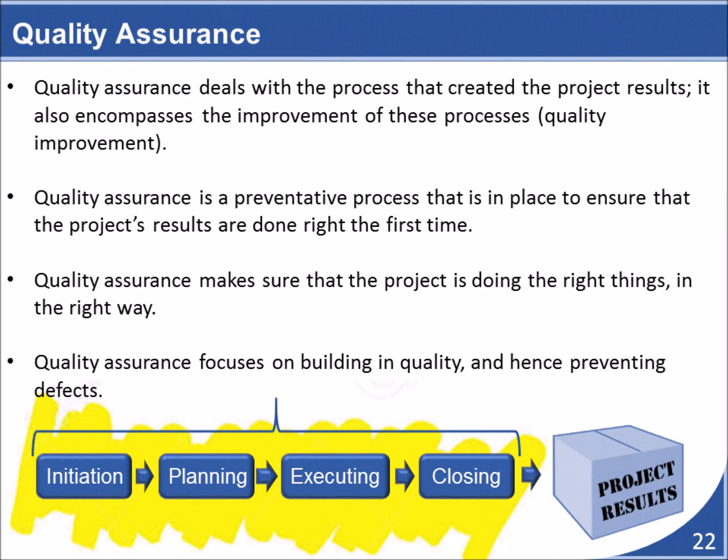Quality assurance, on the other hand, is proactive in nature. It is all about understanding and improving the project's processes to prevent future defects. It is the process of auditing both the quality requirements and the results from the quality control measurements to ensure that appropriate quality standards are being used on the project. Quality assurance tries to ensure that the right processes and procedures are in place so that the work is done